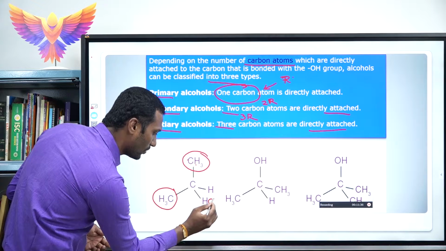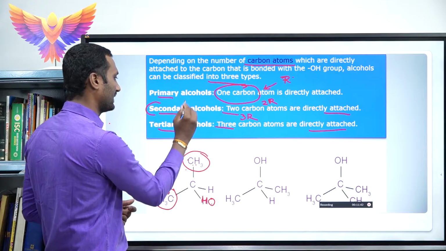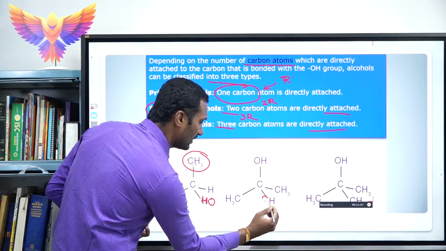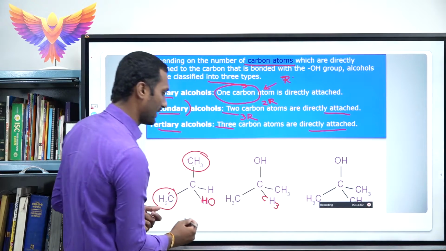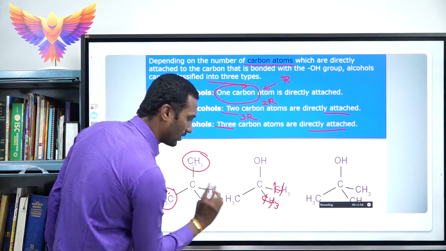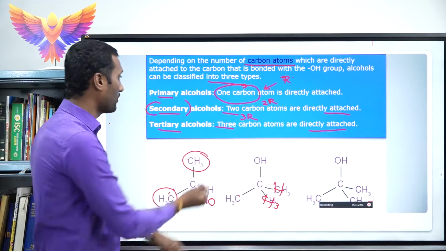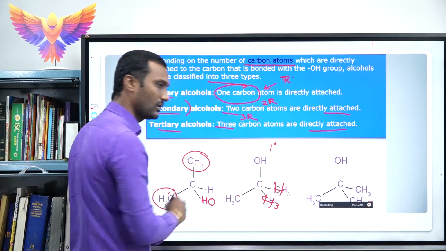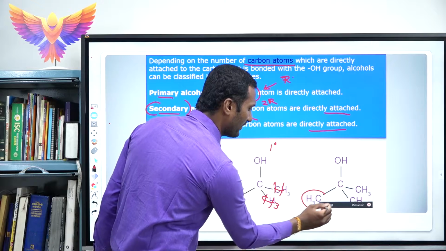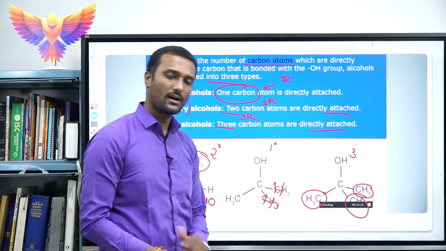And if I attach OH to this, now this OH is attached to 2 alkyl groups, hence it is said to be a secondary alcohol. Am I right? And if you take here also, if I take only the CH3, or else here I will take H, here also I will take H, here also I will take only 1 carbon atom. Okay students, only 1 carbon atom taken and hydrogen. So if 1 carbon atom is there, hence it is called a primary alcohol. If there are 2 carbon atoms, we call it a secondary alcohol. And here you can observe we have 3 alkyl groups, hence it is said to be a tertiary alcohol.